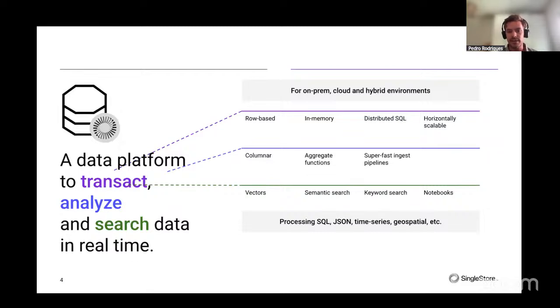As I already stated, we support row-based tables for transactional operations, column tables for analytical ones, so for OLAP, for the database folks, and also vector columns for semantic search, very important in this new artificial intelligence world. Next.